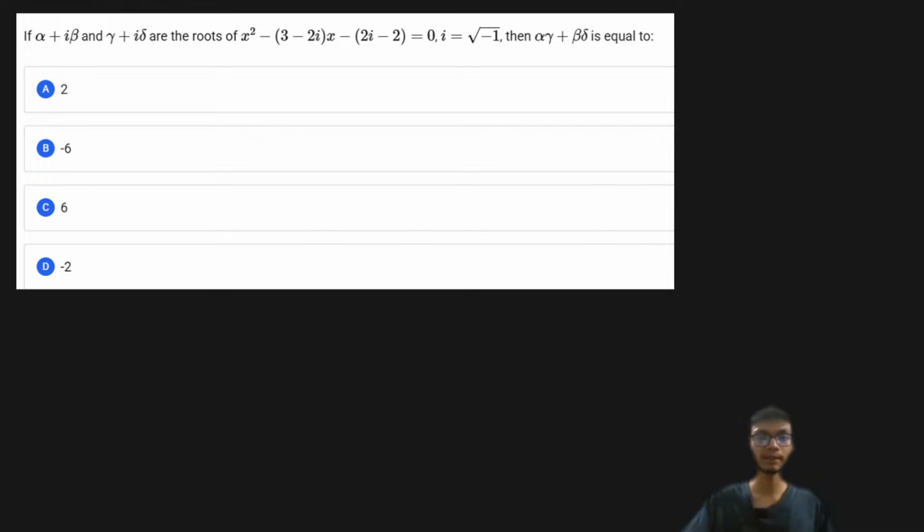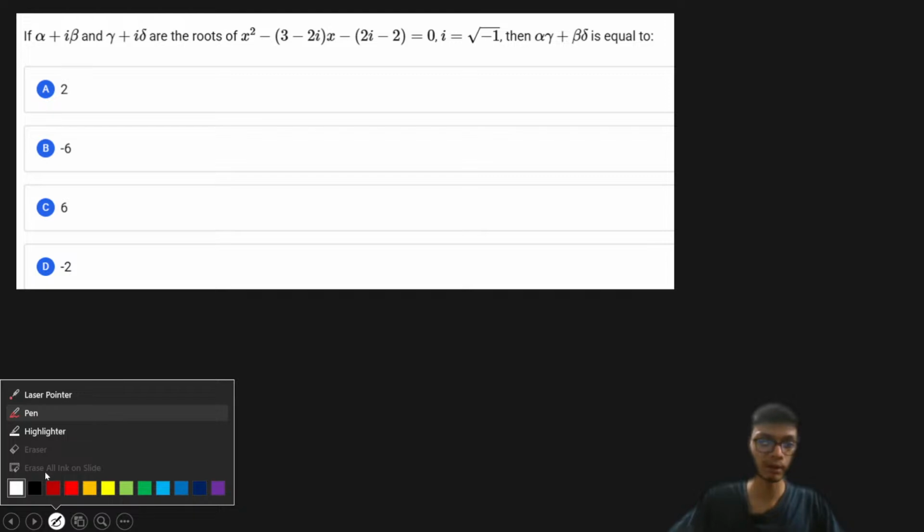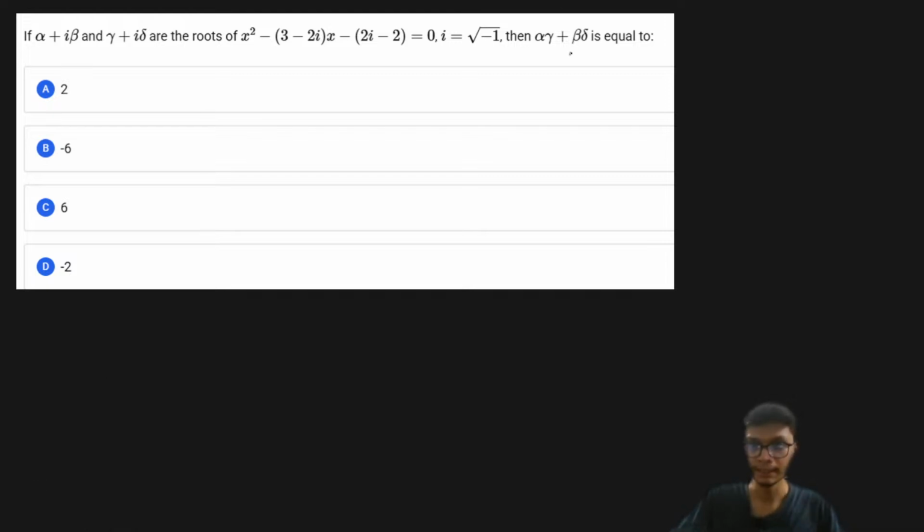Now, if we look at the given quadratic equation, this is a very simple problem that you can also find in the NCERT textbook. Students who have basically followed the NCERT know the question, okay? So the given equation